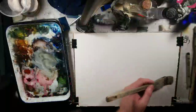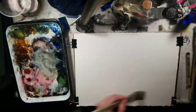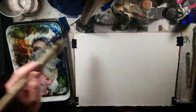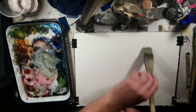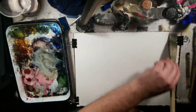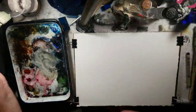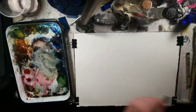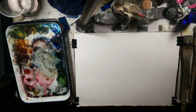Just going to get the paper wet. Then set up my palette while the paper soaks up the water and relaxes, stretches, etc. So I'm just taking a medium Hake brush and super saturating this. Okay. All right,